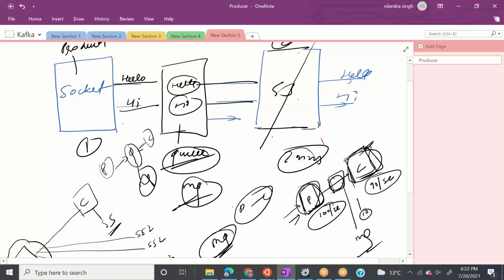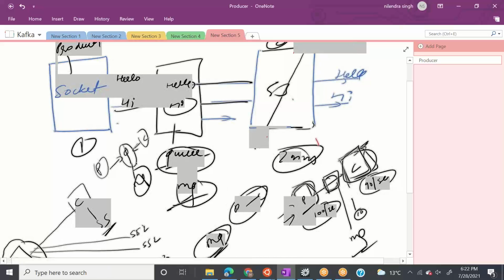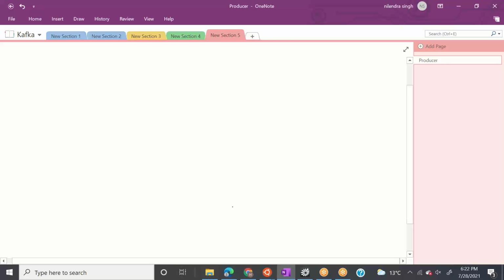And that's where a lot of companies did the research and developed many messaging queues. One of them is RabbitMQ, if you have heard of it. Another is IBM MQ.